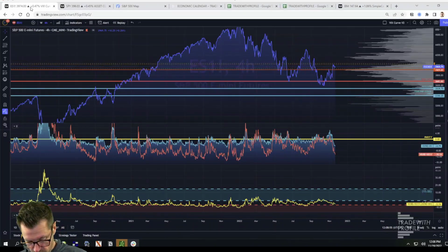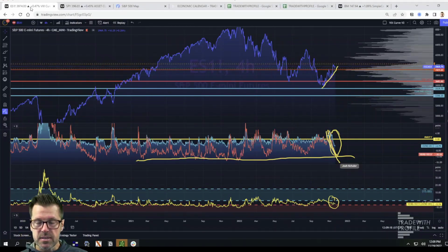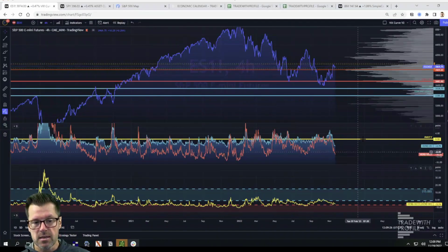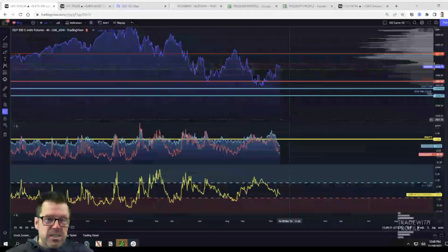And so I look at it in two different ways. And one way is to look at it here split across, and here is in a combo curve. And what we can see right now is that we are moving towards the bottom of a range, and that really tells us that we're in a complacent perspective. It makes sense also that we've rallied as we've been becoming more complacent. And when that happens, that's just a good warning and clue that, hey, we are now complacent. So we're now in a position where we could start to see some lack of complacency or more fear coming in, especially as we have a couple